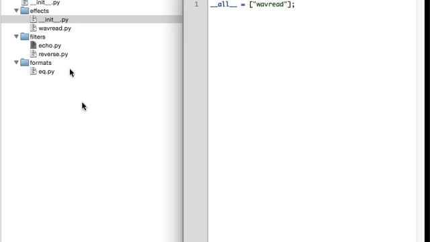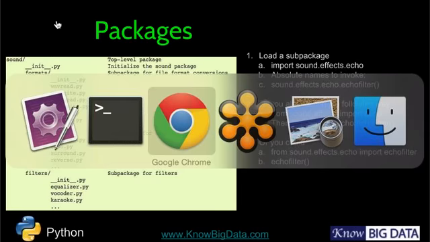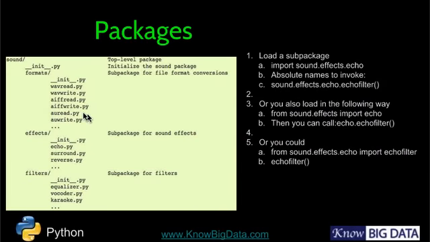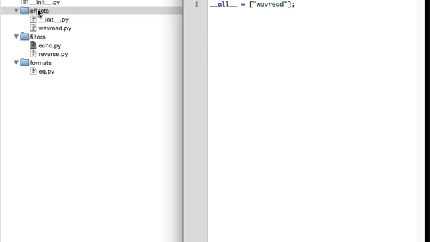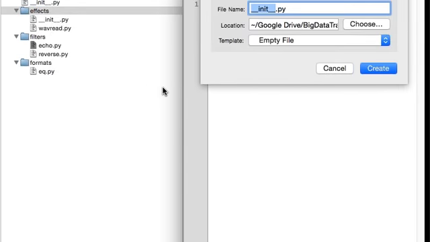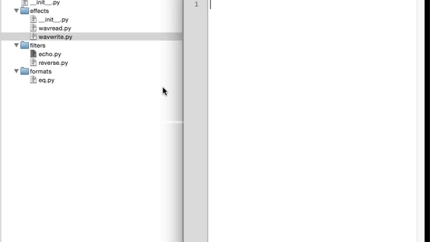Let's have a look at it. So under this, let's call it wave write.py. Okay, all it does is